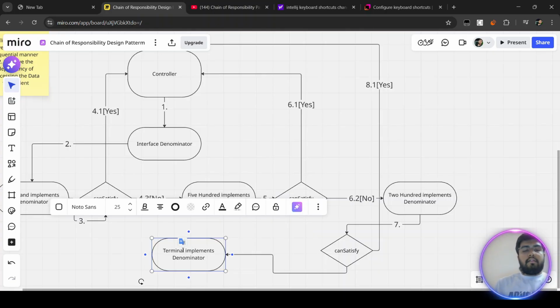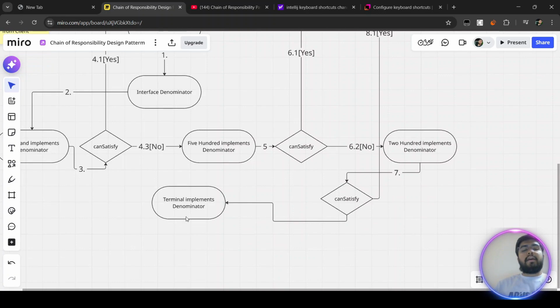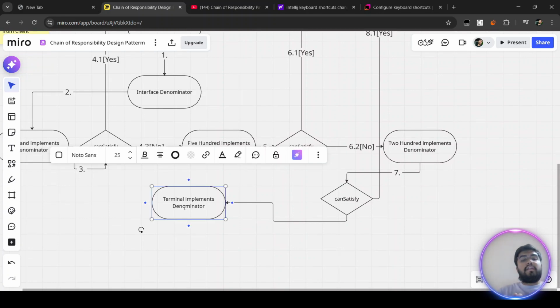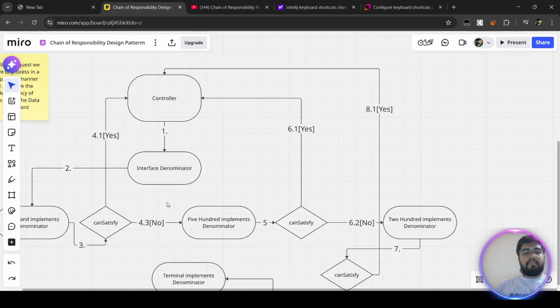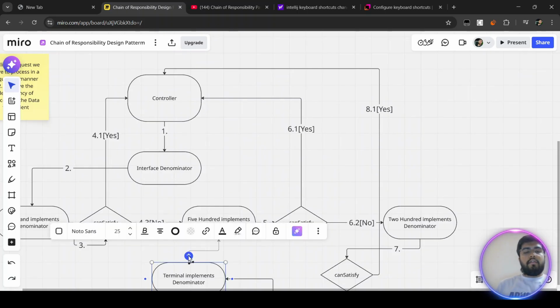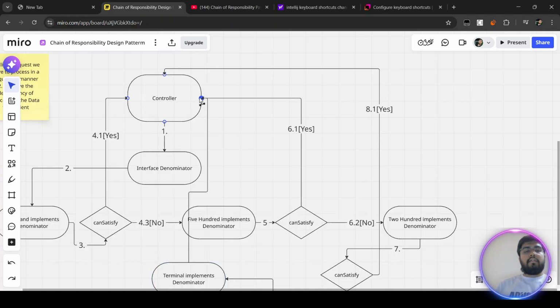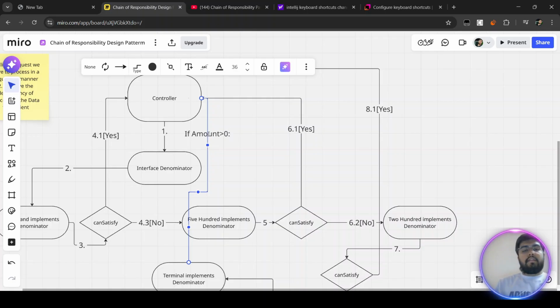Terminal implementations also implement the denominator, right? And finally on terminal, when we are at the terminal denominator, and let's suppose we have further amount pending to satisfy, then we don't have any logic there, we have to return the response for sure. So from the terminal handler we have to return the response to this controller based on the conditions. If amount greater than 0, then you can say remaining